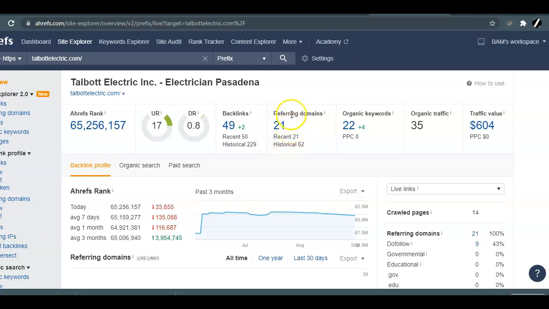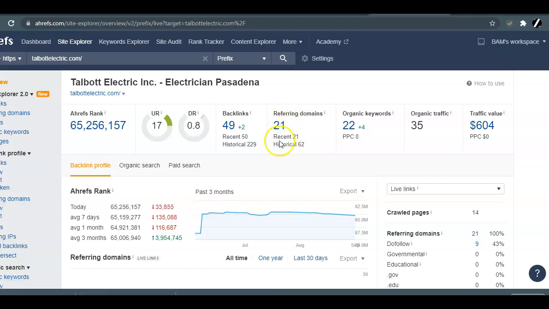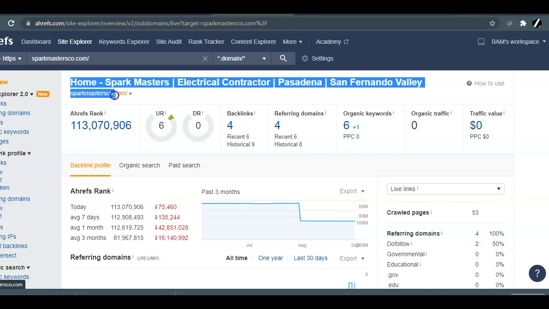So what you want to do is copy them. If these websites are good enough to get him to the front page of Google, then they're good enough for you. Visit all 21 of these websites and put a link or a few links on each of them that will link back to your home page or one of your service pages. Most of the time you can just create a profile and add a link in the profile or put a comment somewhere. So then if you add your URL, Spark Master,